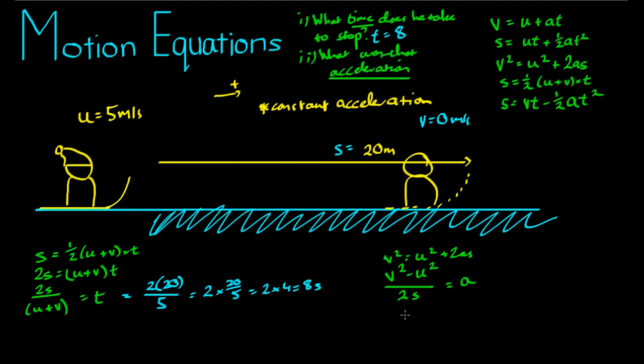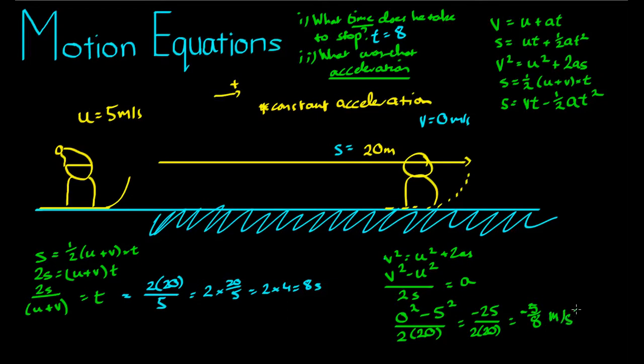So we have 0 squared, since v equals 0, take away 5 squared over 2 times 20 is equal to negative 25 over 2 divided by 20, which comes to, on the calculator, negative 5 on 8